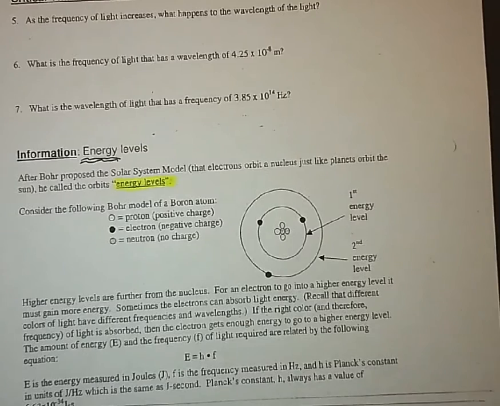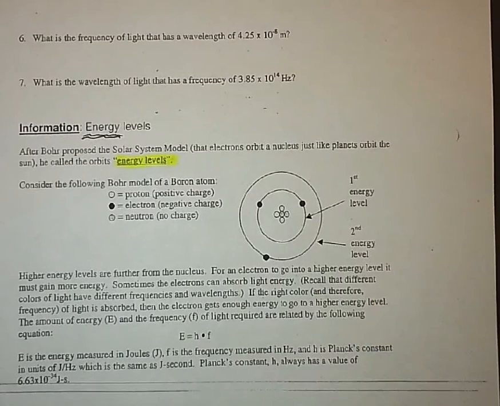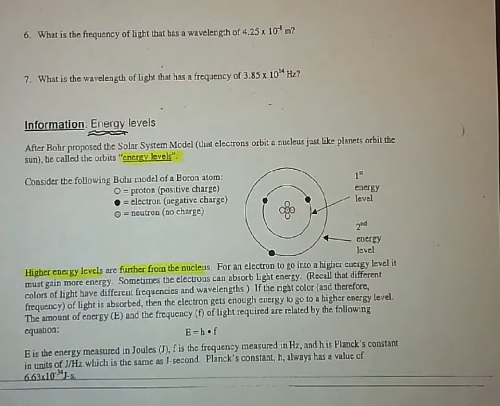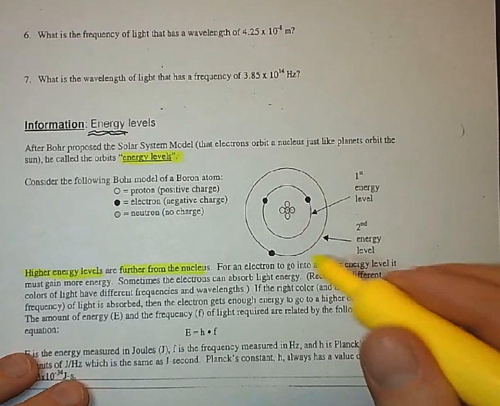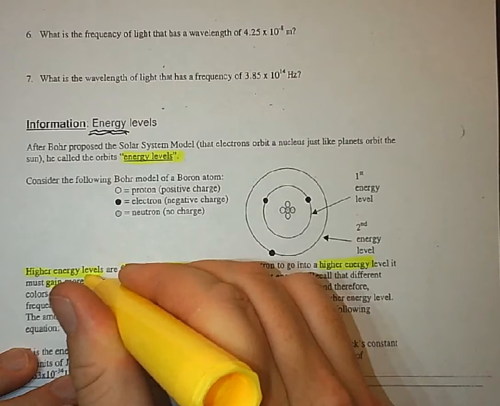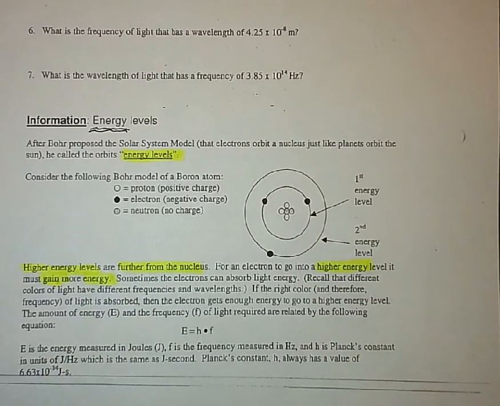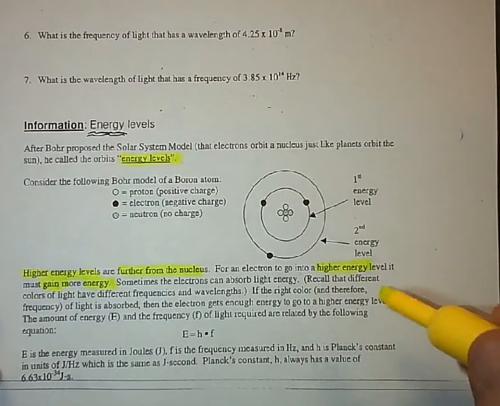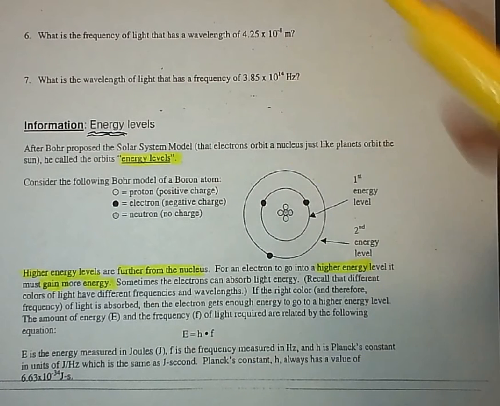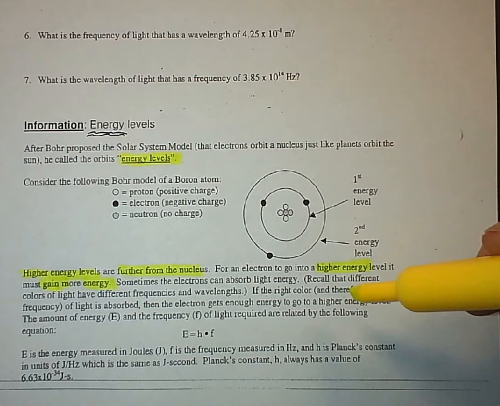We know higher energy levels are further from the nucleus. For an electron to go into a higher energy level, it must gain energy. Sometimes the electron can absorb light energy. Recall that different colors of light have different frequencies and wavelengths. That's what we discussed in our previous video. If the right color, and therefore frequency, of light is absorbed, then the electron gets enough energy to go to